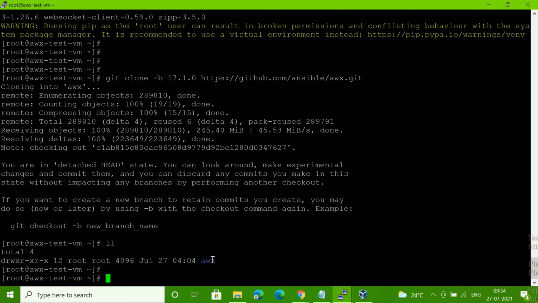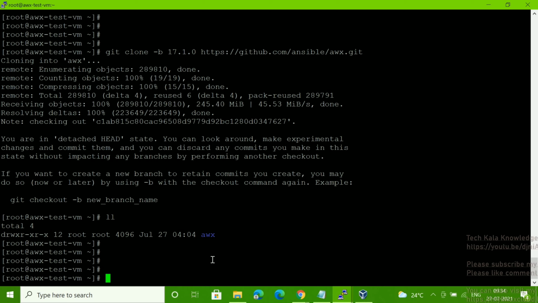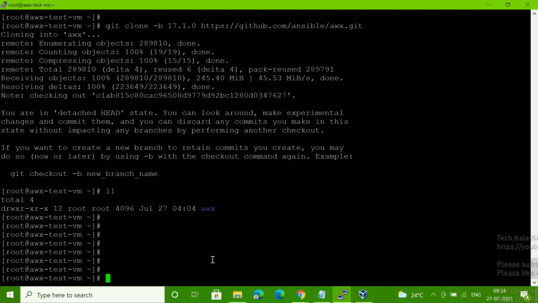Fine, super. So now we have to generate the secret key. For the secret key, we have to run openssl rand -base64 30.